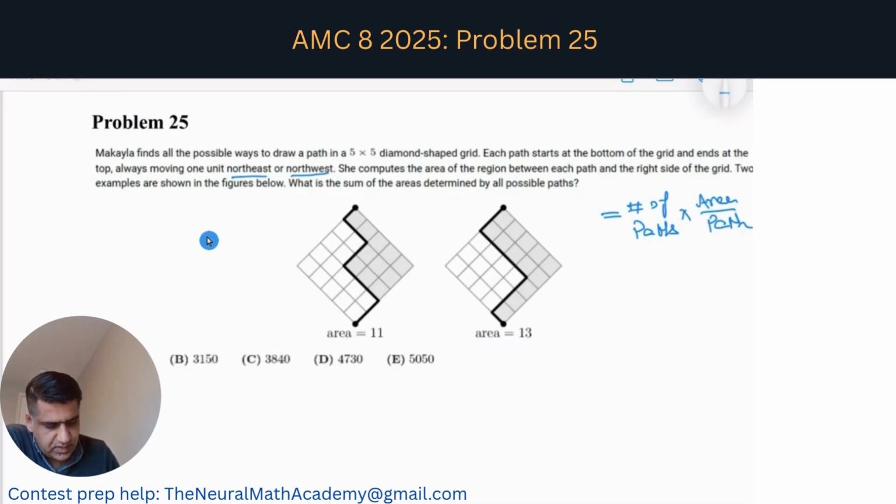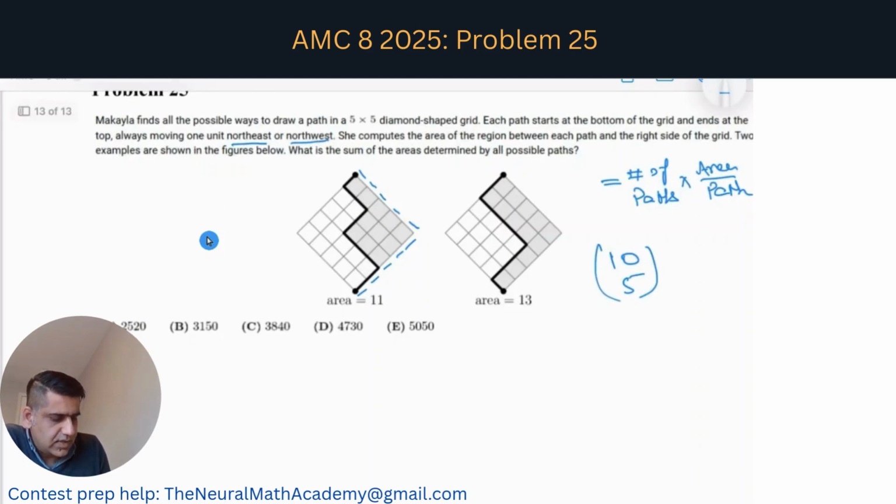And she is taking 10 steps, 5 in this direction and 5 in the other direction. So the total steps that she's taking are 10, and there are 2 possible directions, and in each direction she's taking 5 steps. So then the total number of paths that she will have,